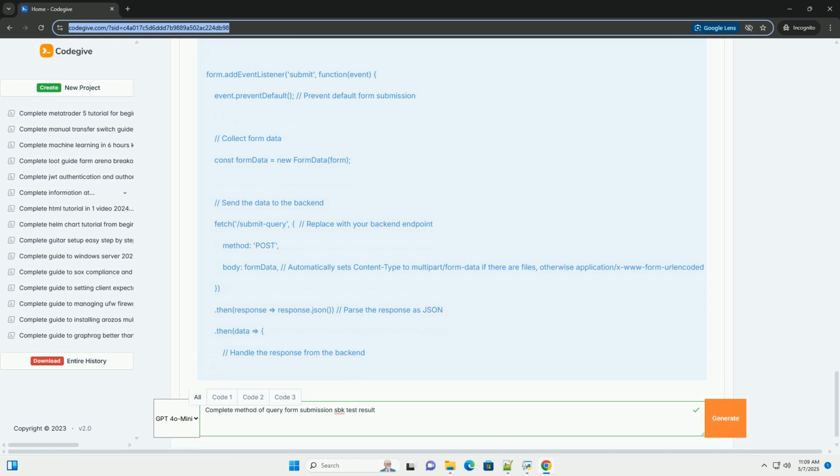9. Complete code example, HTML, JavaScript, Python/Flask. Here's the complete code example, combining all the pieces. Remember to replace the placeholder SBK test with your actual implementation and adapt it to your specific needs. index.html, script.js, app.py. To run the example: